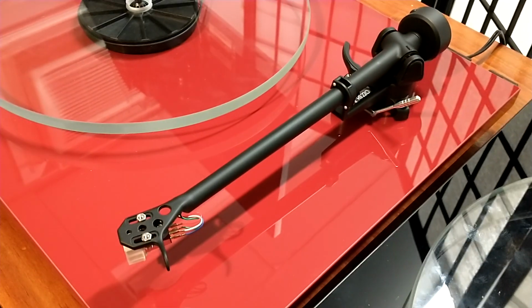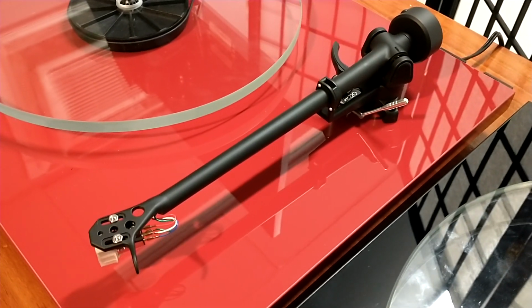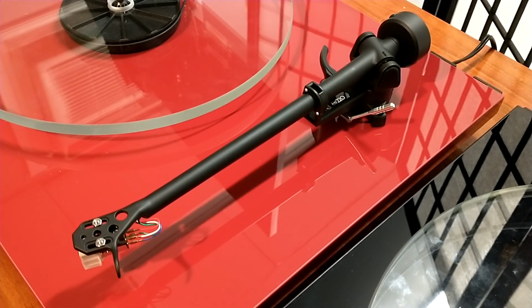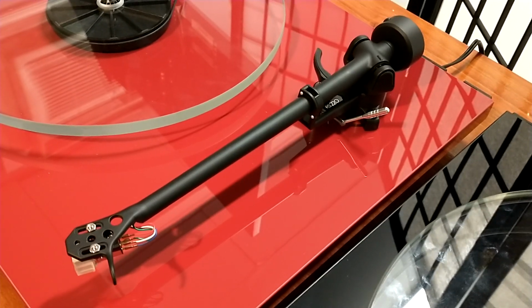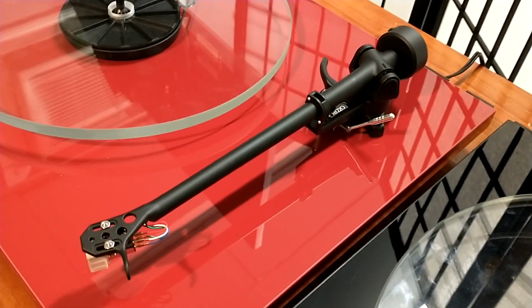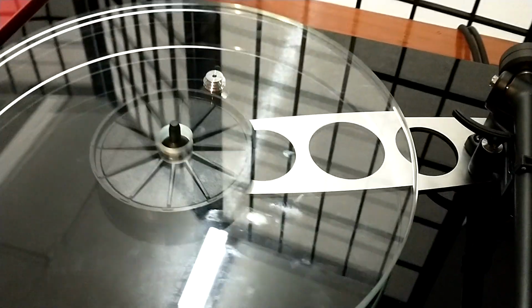We've always found that to be a little heavy when we run it. So having a tracking force gauge, a digital or a beam gauge, it's really helpful. And it helps you to set this cartridge up optimally. Now, the other thing that you may not notice, but if you take a close look under the arm on